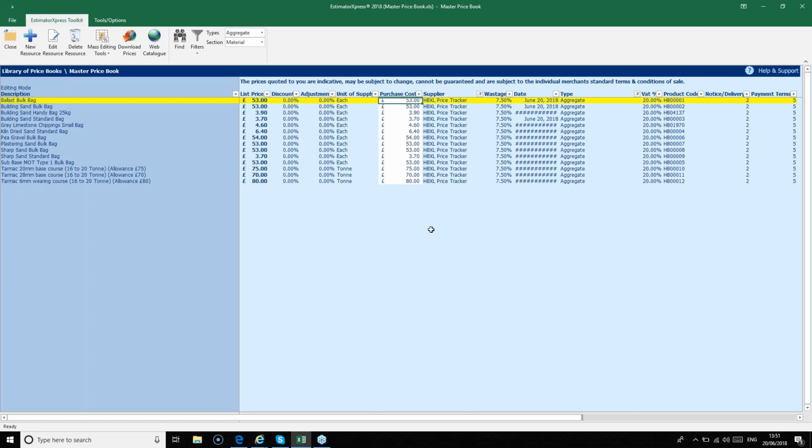Typically we find people pay between £30 and £35, but type in whatever you pay for your ballast bulk bag. Then edit the price of the building sand bulk bag and the building sand standard bag. So that's the second and the fourth item down. I'm going to put some example figures in at my end. If you match them to what you would expect to pay,